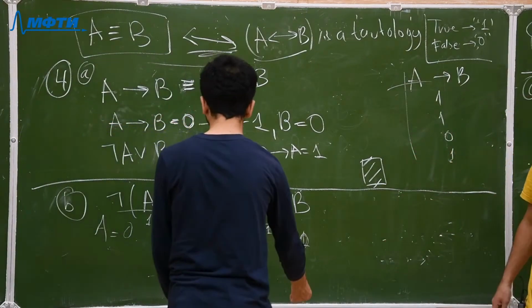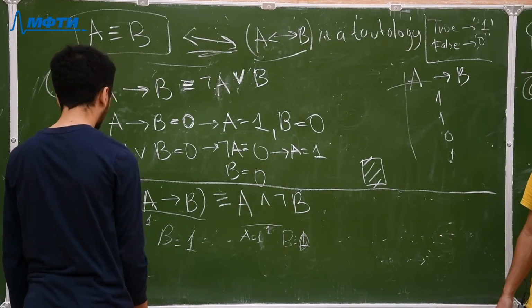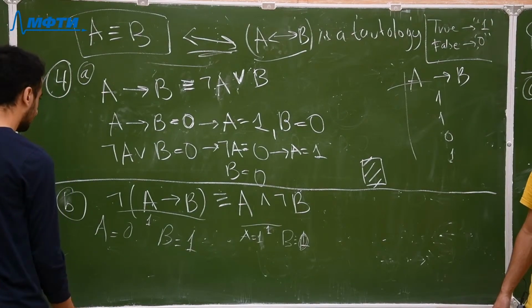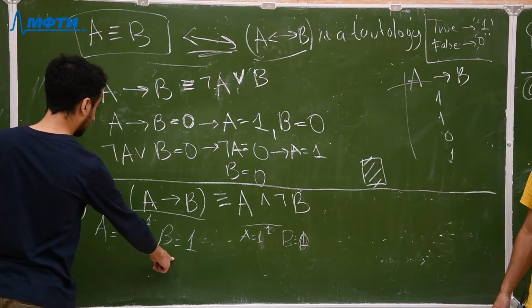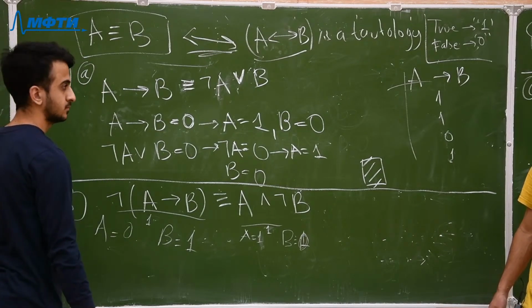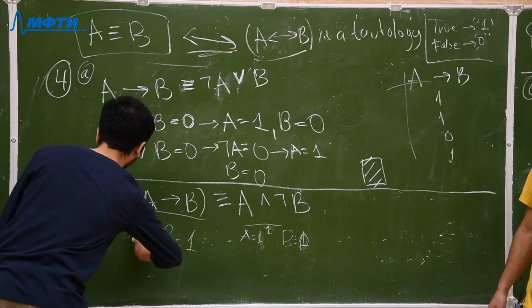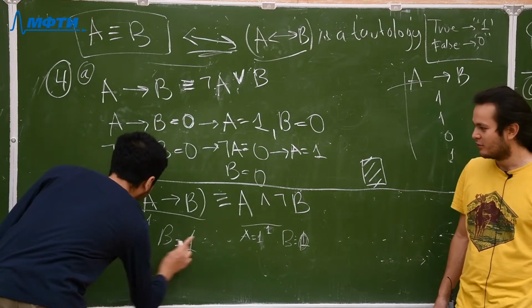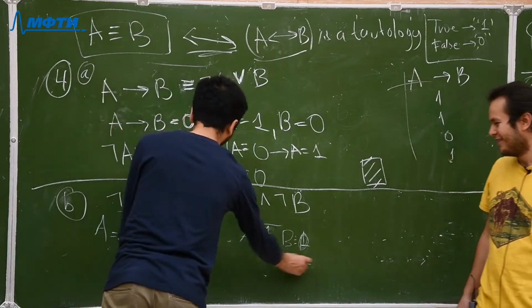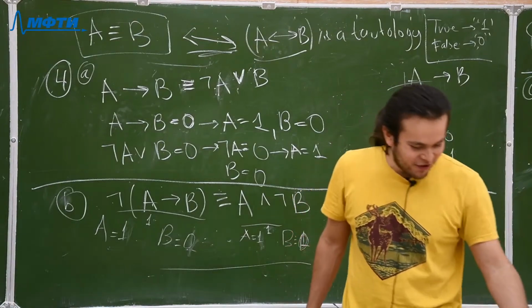No, I think you usually take the left part because it's implication. When the negation of an expression is true, it means that the expression is false. So you can take just A implies B equal to false. Yes, this is false. This is false? Are you sure? No. Sorry. Yes, this is how it will be false. And now we got it. Now we're done. Okay, thank you.